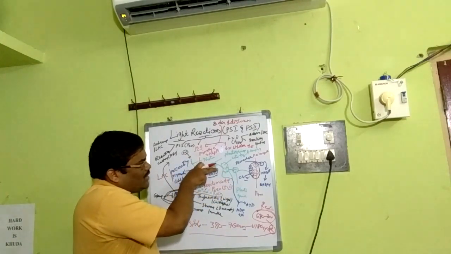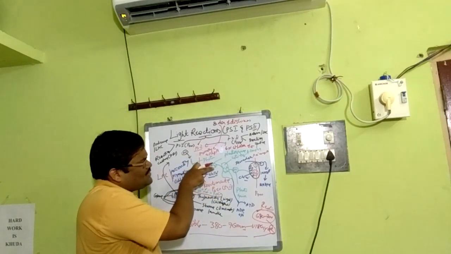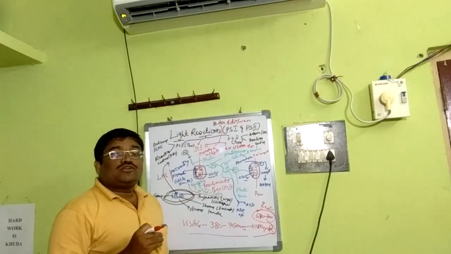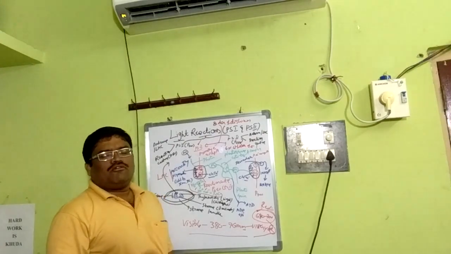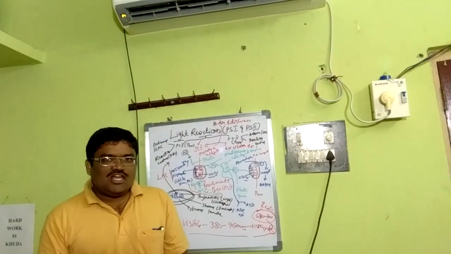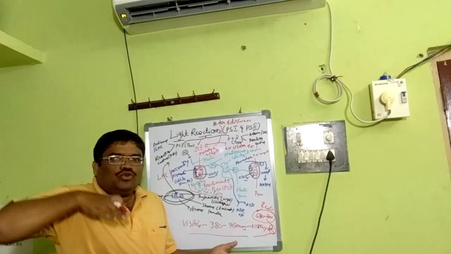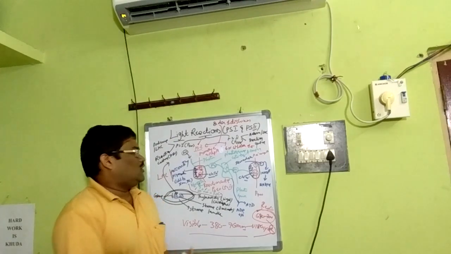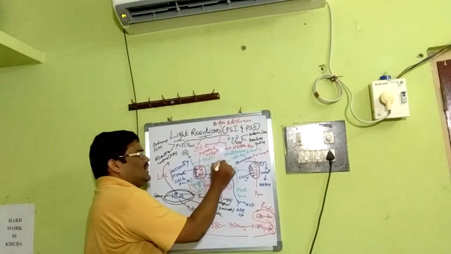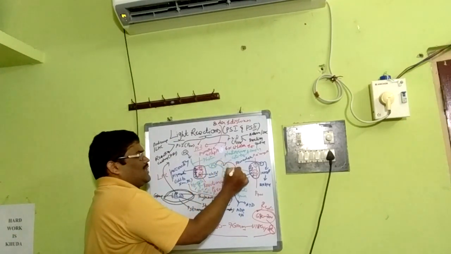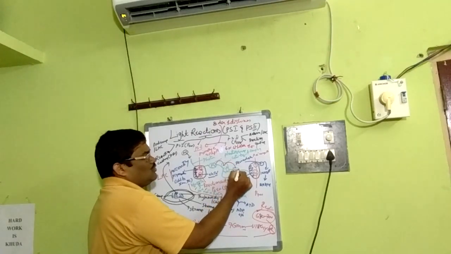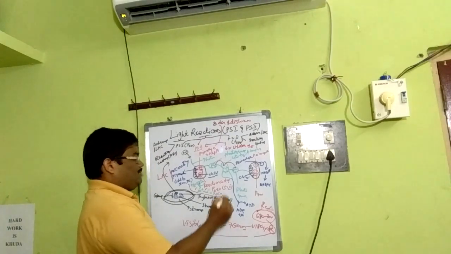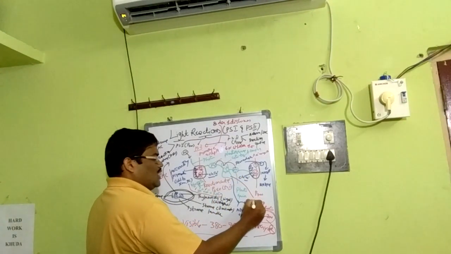The sequence of these electron carriers, plastoquinone, cytochrome b6f and plastocyanin, is arranged according to the scale of redox potential. As the electron moves downward, the energy will be lower. This is very important. First we reach plastoquinone, then cytochrome b6f, then plastocyanin, then it will reach photosystem 1. Here cytochrome b6f is important. It is called the proton pump.